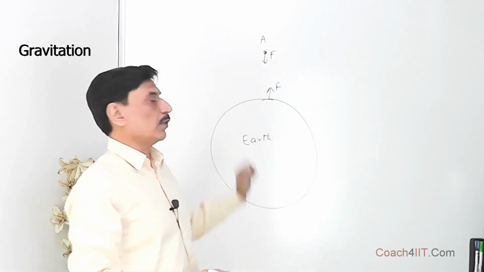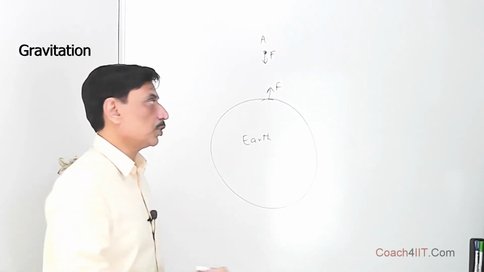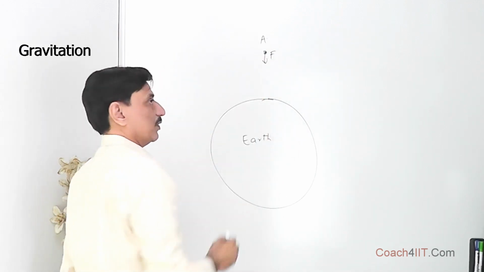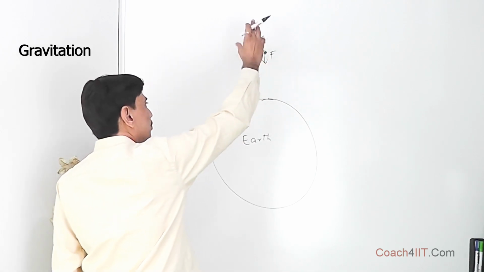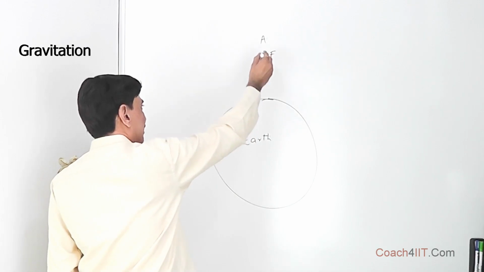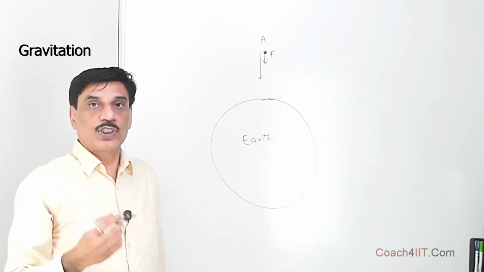But because of this force, there is a very, very small acceleration, almost equal to 0, so we don't consider it. We just ask what is the acceleration of this body when it is released from here? Obviously, it shall be accelerating in the downward direction. What is the acceleration of this because of the force of gravity? That is called acceleration due to gravity.